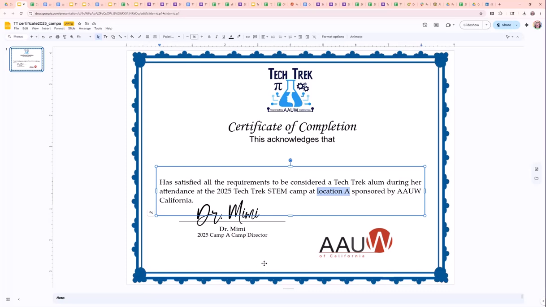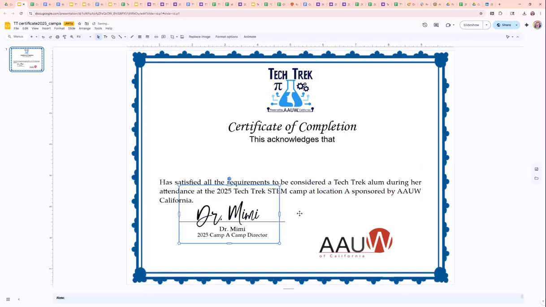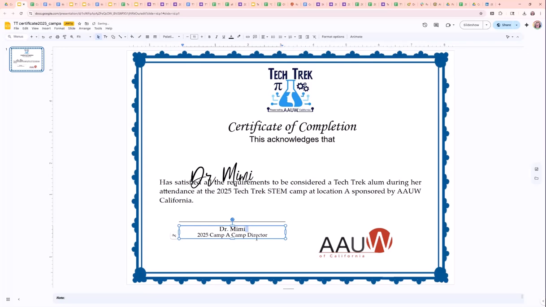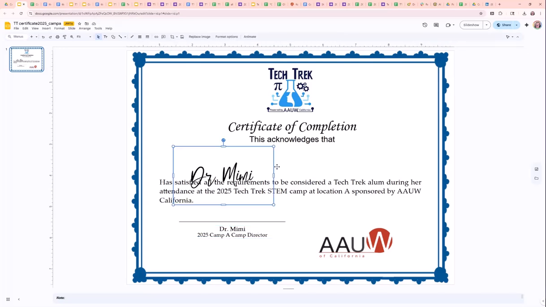Put your name in. You need to insert a file that is a signature file for yourself, or create one using whatever you want. You can use a different font. Mine obviously is just a font change. Then put your name underneath it, so you should be able to edit. The problem is you're going to have to move that in order to get to the bottom to edit it, make all those changes. Once it's the way that you like it,